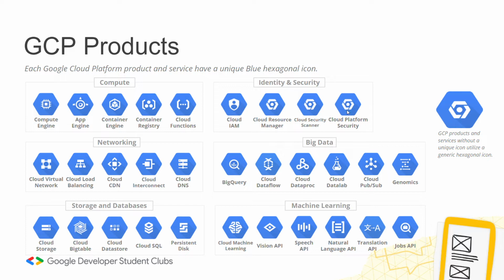Google Cloud Platform products and services can be broadly classified as compute, storage, big data, machine learning, networking, and others. Compute includes Compute Engine, which creates virtual machines, and App Engine, which is a PaaS-based platform. Compute Engine is IaaS, App Engine is PaaS. Then we have Container Engine, or Google Kubernetes Engine, on which we can run Docker containers, and Cloud Functions, on which you can run serverless event-based code.